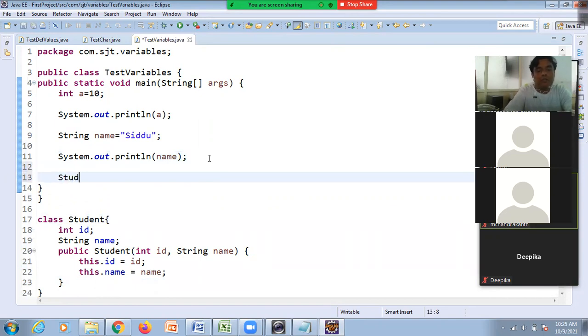So I'll create a student object: Student st is equal to new Student.